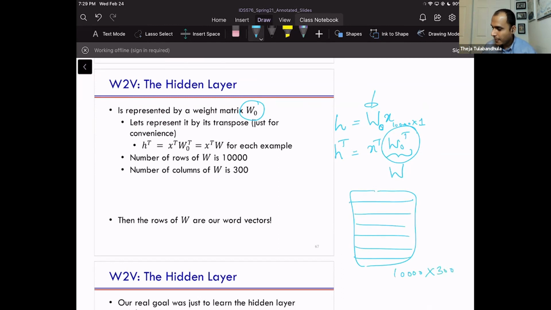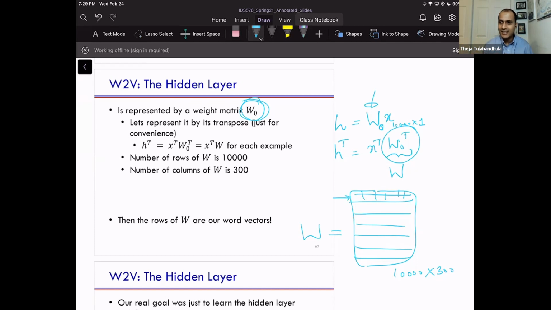and 300 columns, right? The reason I want to transpose it is because each row, I'm going to think of as a word vector of this weight matrix. That's the only reason I am introducing the extra intermediate notation called W0. But at the end of the day, the weight matrix of this one hidden layer neural network, the first one, which multiplies the one hot encoding vector, is essentially the word embedding matrix. If you think of W as this, there are 10,000 rows. Each row, which is a 300 dimensional vector, is essentially going to be considered the embedding of the word. Okay.